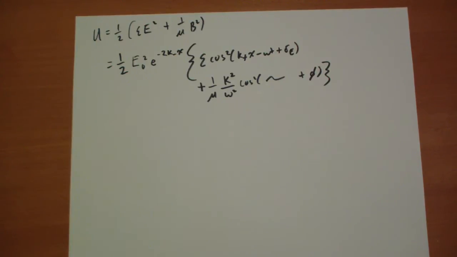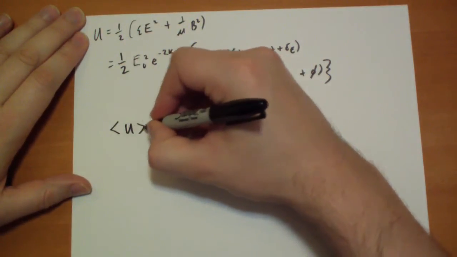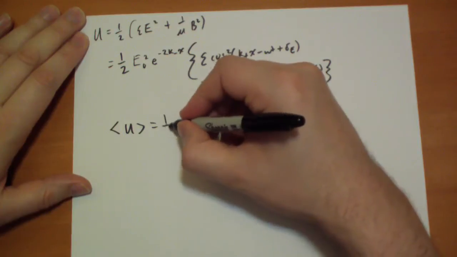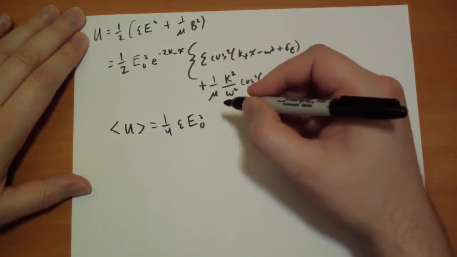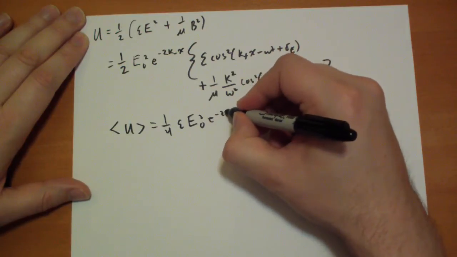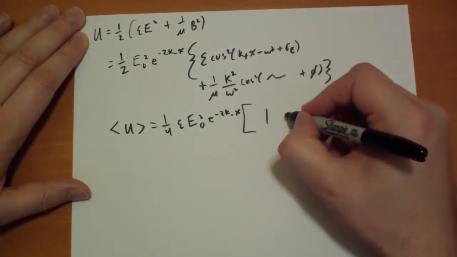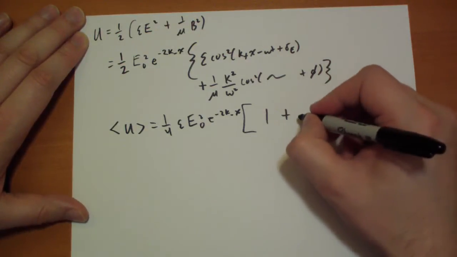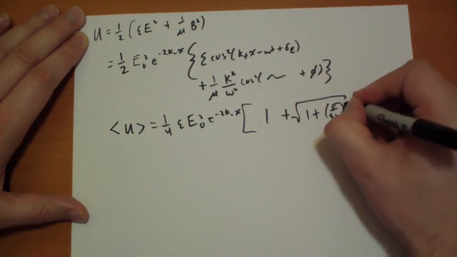If we average over an entire cycle, we're going to get this result: 1/4 ε E₀² e^(-2κ₋x) times 1 plus the square root of 1 plus (σ over εω) squared,